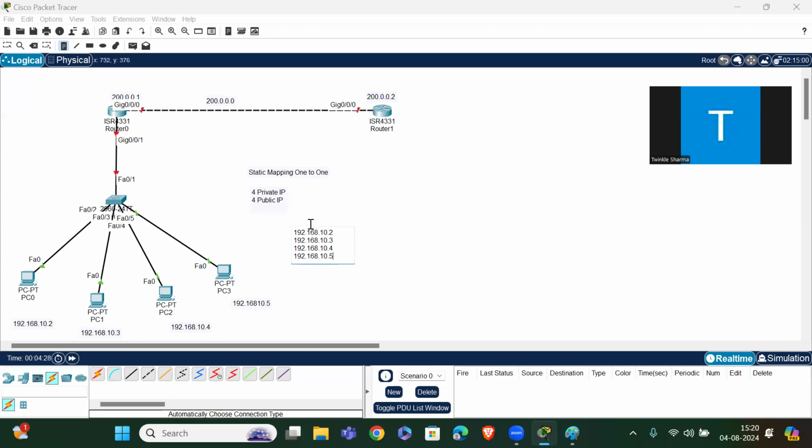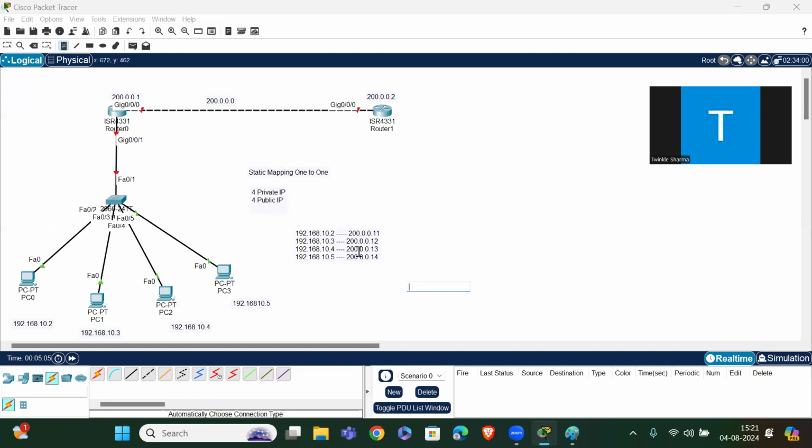We also have to buy the public IPs, such as 200.0.0.11, 200.0.0.12, 200.0.0.13, 200.0.0.14.